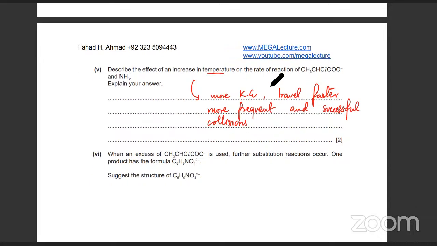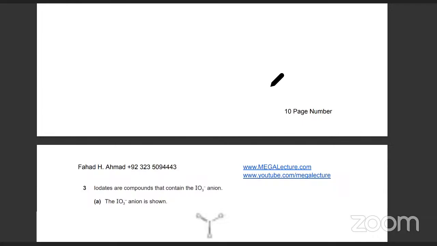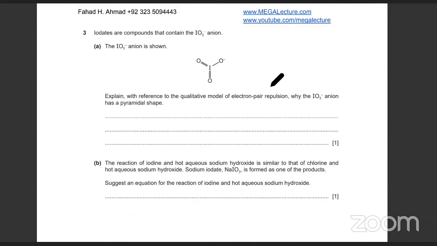Now, the next part is वो उससे organic से उसको छोड़ देते हैं. अच्छा, अगला part. अच्छा, now